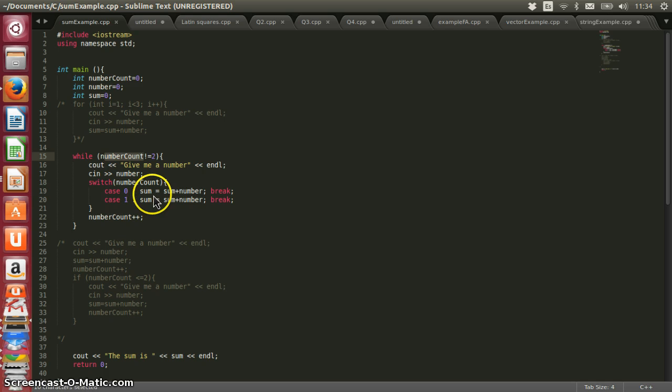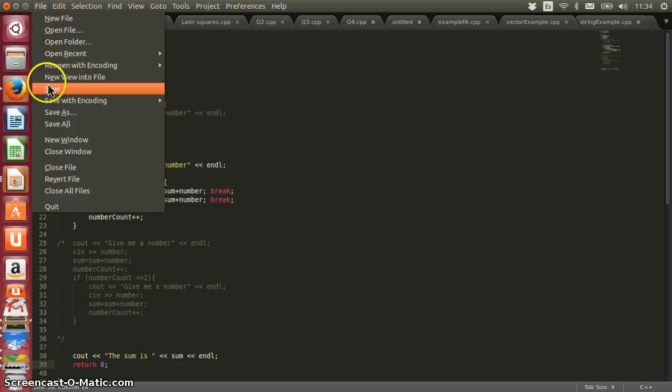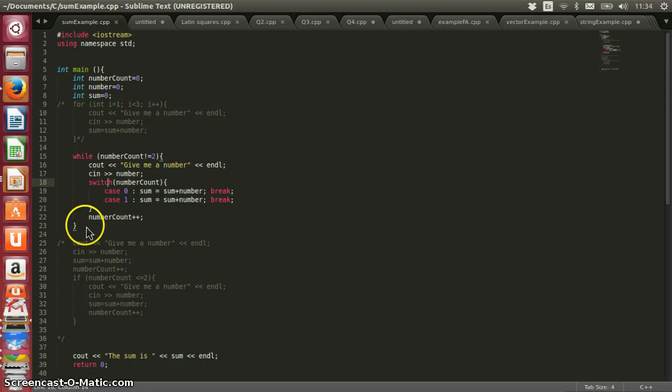So sum is going to be sum plus the value we're going to ask again, and then number count is going to increase again, and this time it's going to be 2, so this condition is no longer true, it's false, so it's going to skip, and then it's going to print it. So let's try to see if it works. Let's save, compile, run, 1, 2, and 3. So yep,